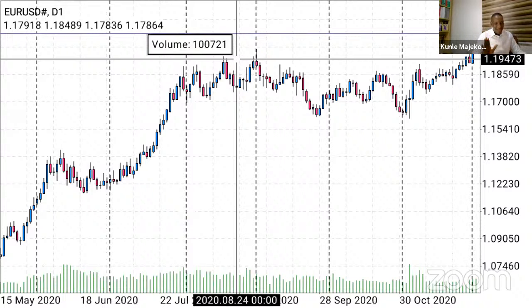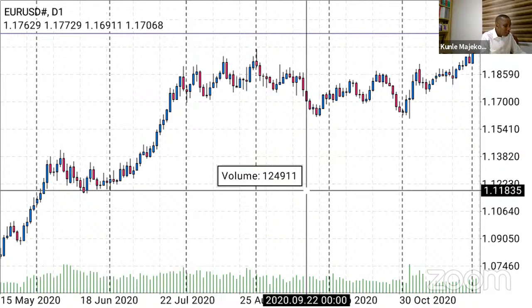Now, some of you might be lost in what I'm doing, but don't worry, that is the mind of a trader. I've seen another piece of information that tells me that yes, this market is going up, but it has just broken through a particular resistance and it might want to come back and test it. So if I want to take a decision here, I have to factor that in as well.